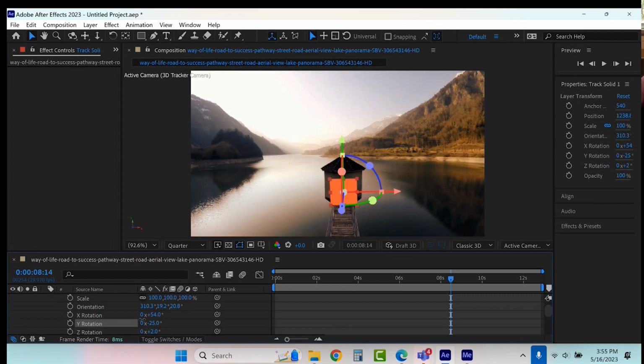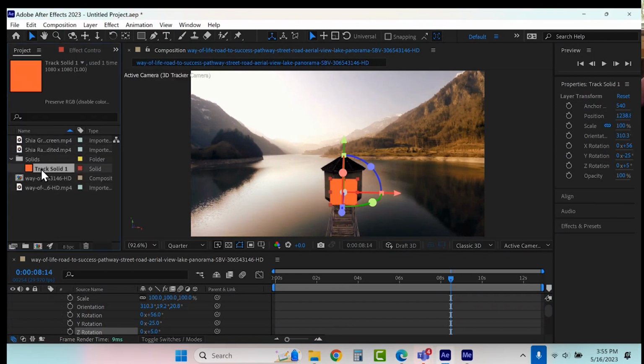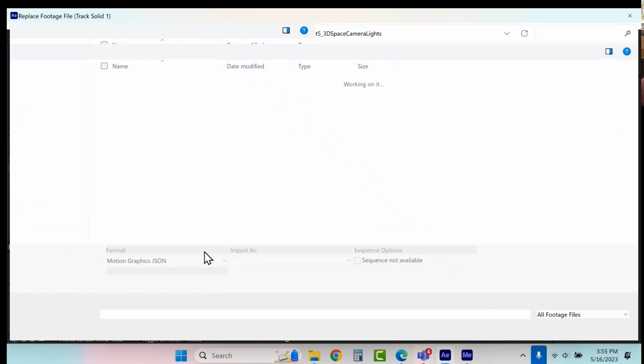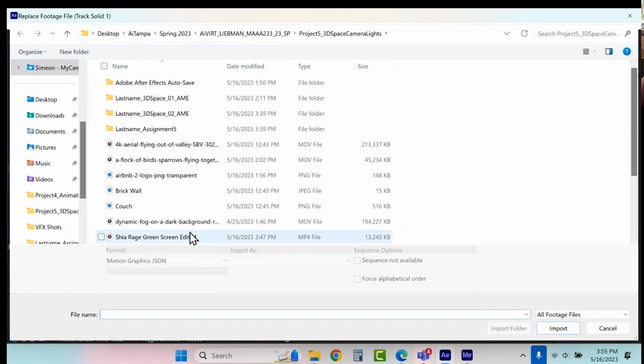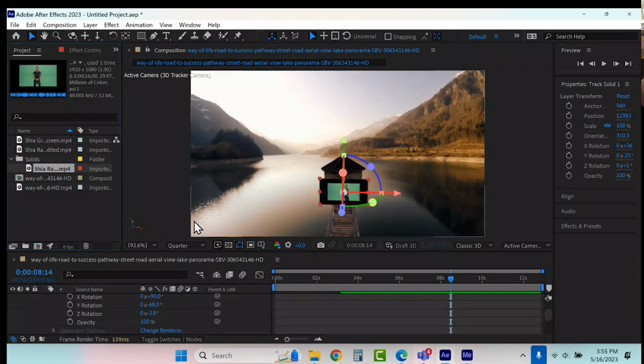Trying to get that X, Y, Z all angled properly. And then if I want, I can replace that solid. See? Right click, replace it with what? Well, replace it with that little video I made.